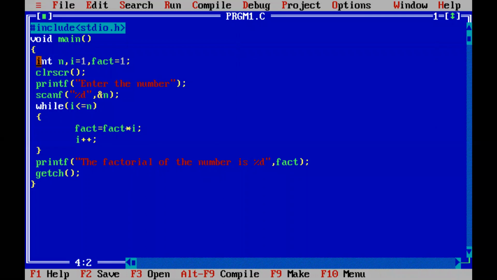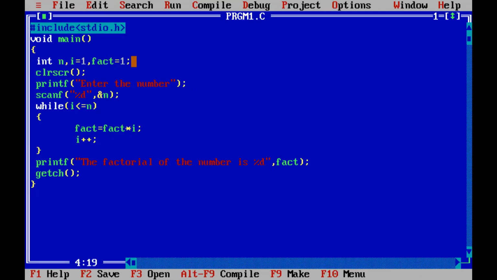We have studied that an integer will be allocated 2 bytes, and 2 bytes means 16 bits. What will be the maximum value supported by an integer? It will be 2 raised to 16. So only values up to 2 raised to 16 can be taken by a variable declared as an integer variable.